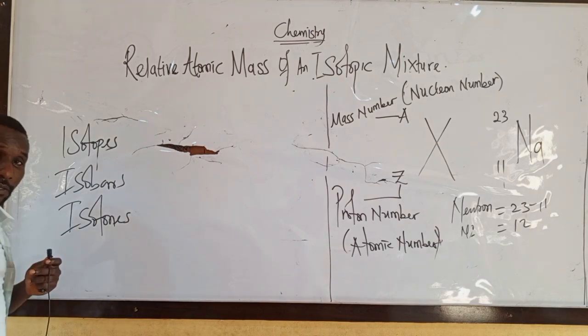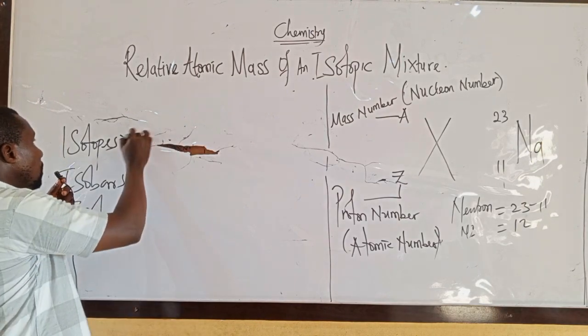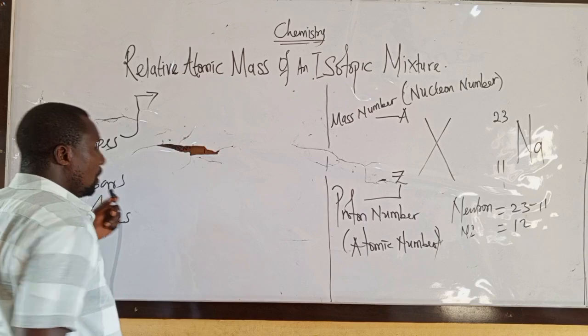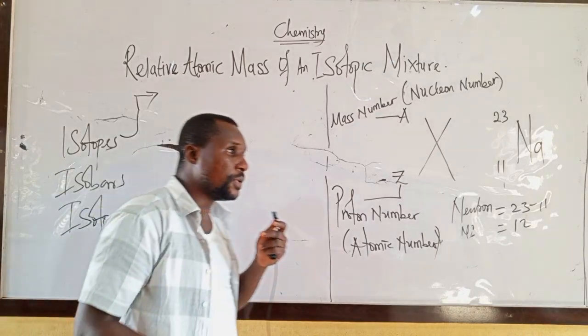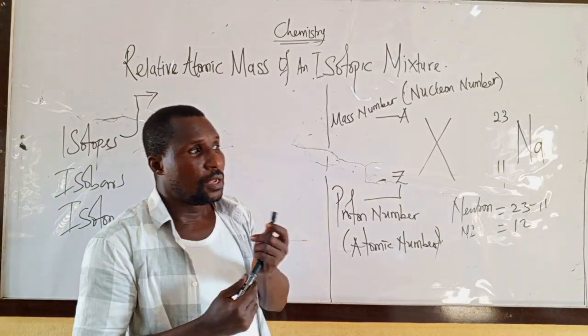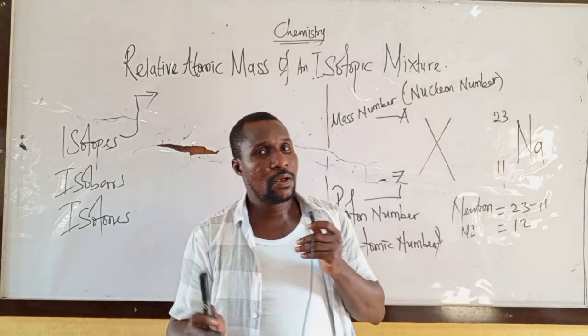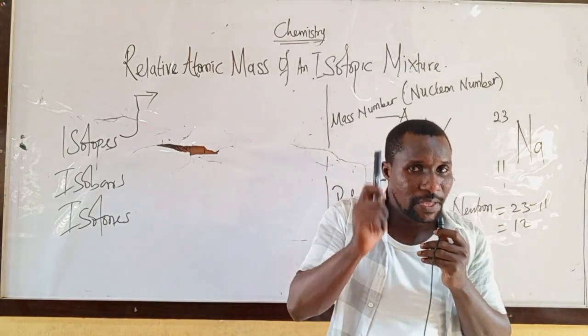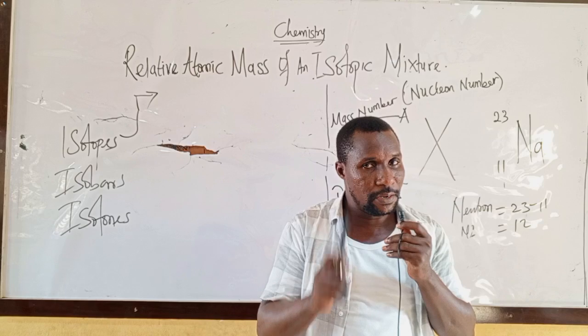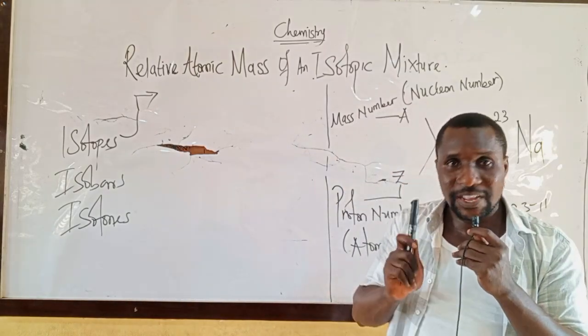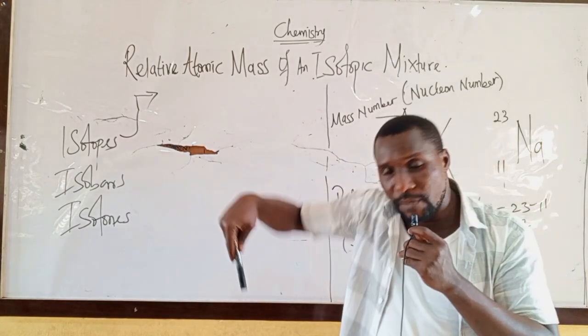Let me explain these three things. What is isotope? Isotope is when you have two or more atoms of the same element,